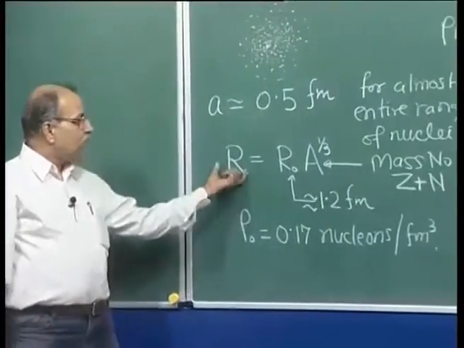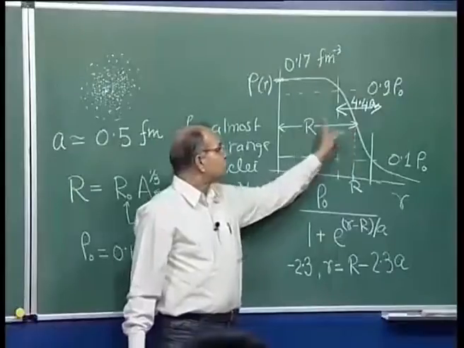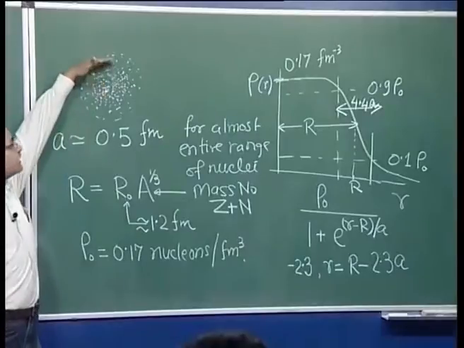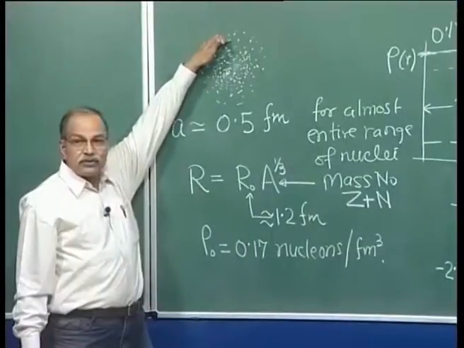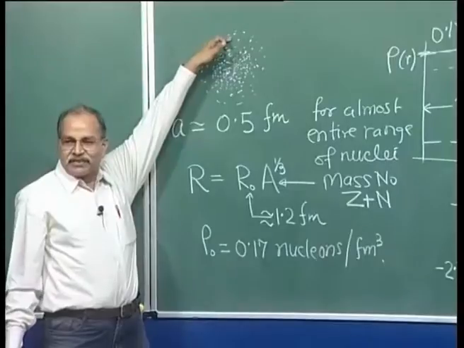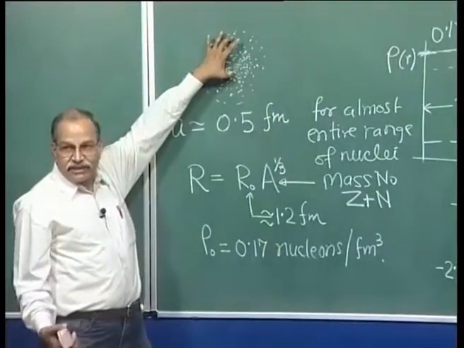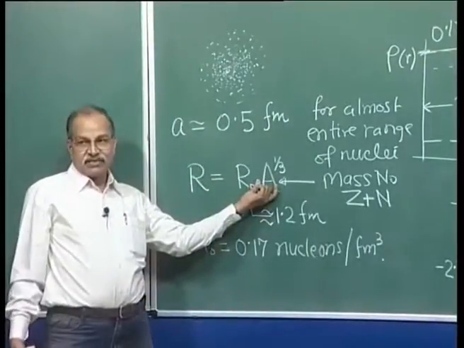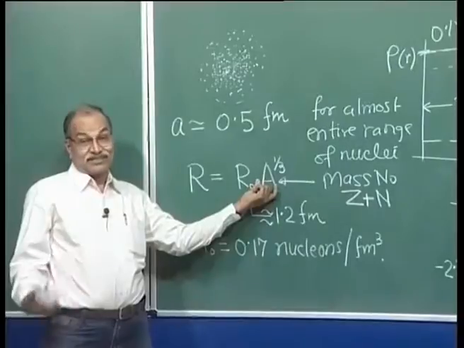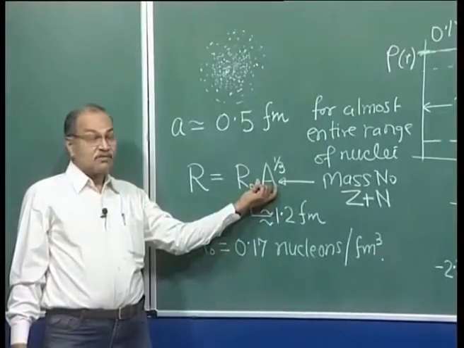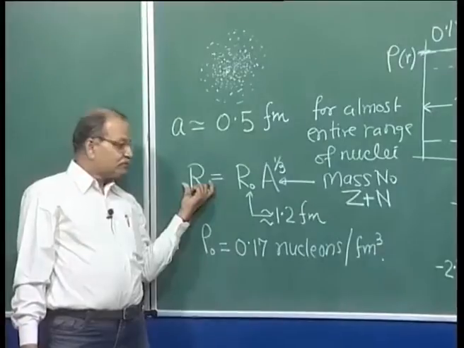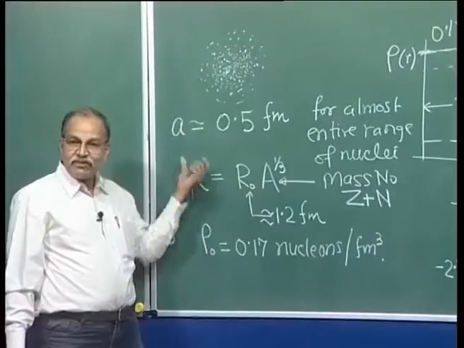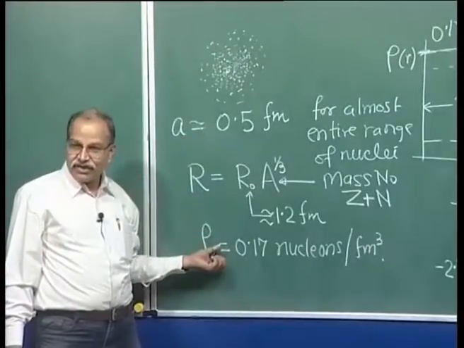So, this R, you can call it the mean radius, from the center up to the point in the skin where the density has decreased to 50%. So, the middle of the skin. This is the average radius, the mean radius. That mean radius will depend on how heavy the nucleus is, how many total nucleons there are. If you have a larger number of total nucleons, then this R will be large, but this a and rho naught are almost the same for all varieties of nuclei.